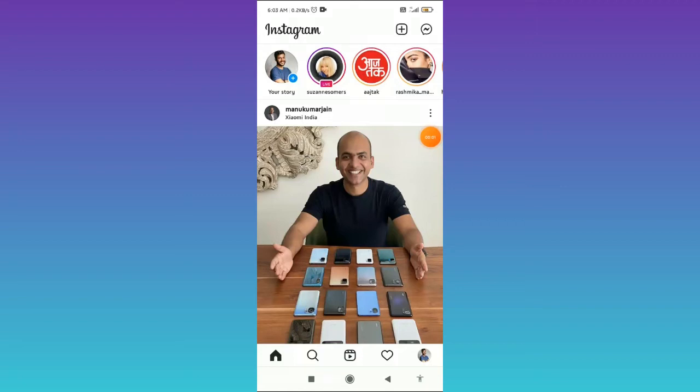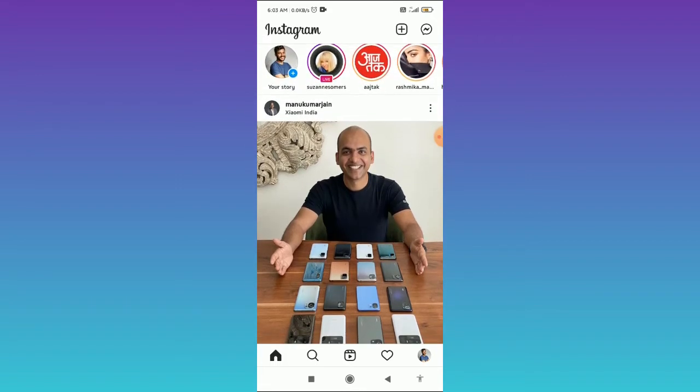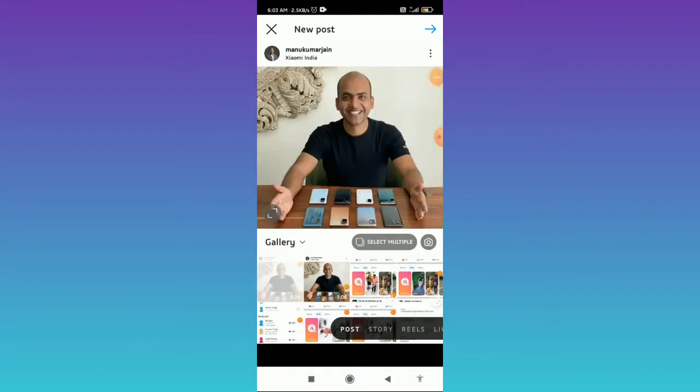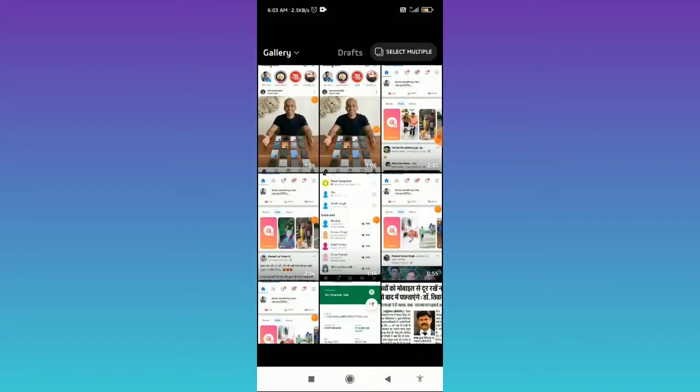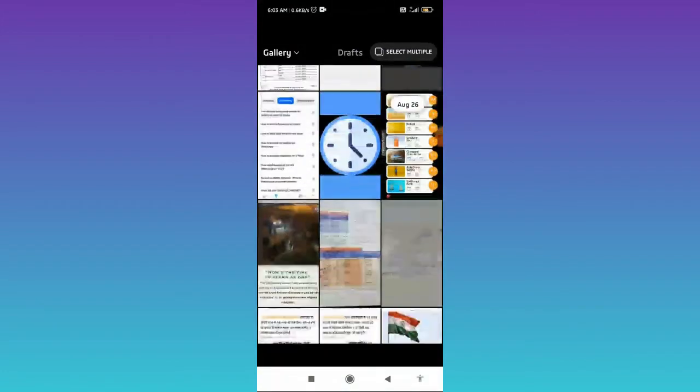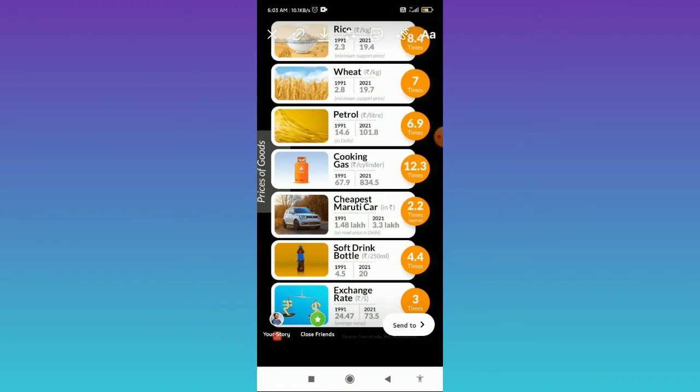In this video I am showing you how you can use a stay home sticker on Instagram story. So firstly you have to open your Instagram app and then tap on the plus icon in the top right corner, and then you have to go to the story tab and then you can choose any of the photo from the gallery. So let's see, I choose this photo, and after that tap on the sticker icons in the